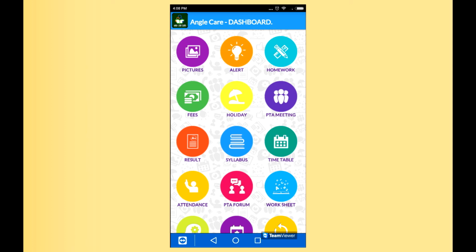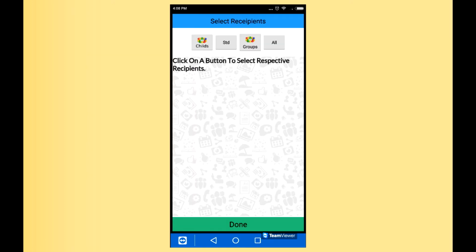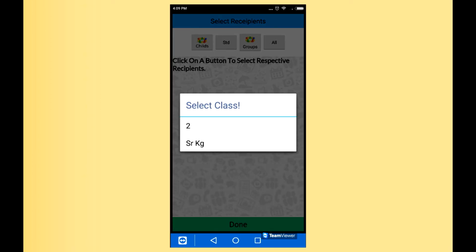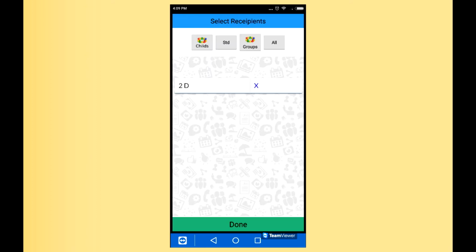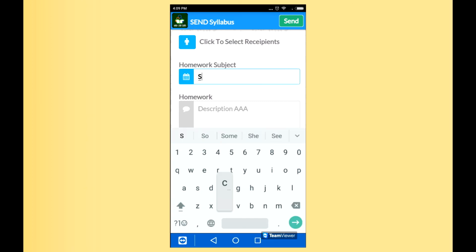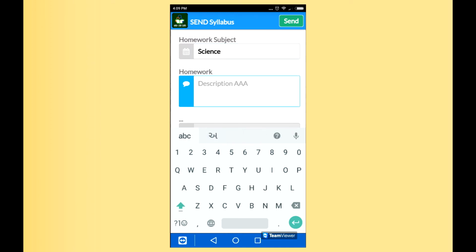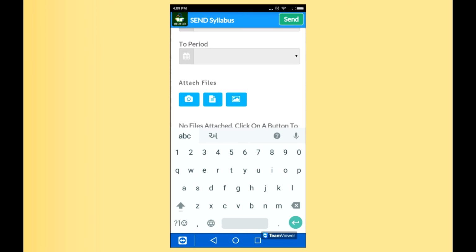Now comes the syllabus. So if you click on syllabus, here is again the recipient. You can select your recipient by particular child or particular division or everyone, and if you had defined the group, you can click on the group. So like I have selected the standard second, I have selected the division, I have homework subjects, so I can even attach the file.